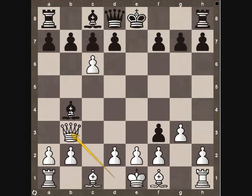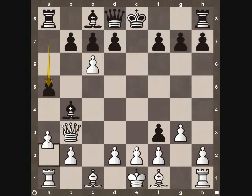not taken. If he tries to move his bishop away, then we can right away take with our pawn on b7. That pawn that we're capturing with is protected by our queen on b3. If black tries to hold on to his bishop with the move, let's say pawn to a5, then we can use a nice little tactic we talked about before, and that's just removing the defender with the move pawn to a3. We're now attacking this bishop with our pawn. The bishop is now going to have to move, and after he moves, doesn't matter where he moves, we can now take freely on b7, capturing this pawn here, and black cannot recapture because we can take back with our